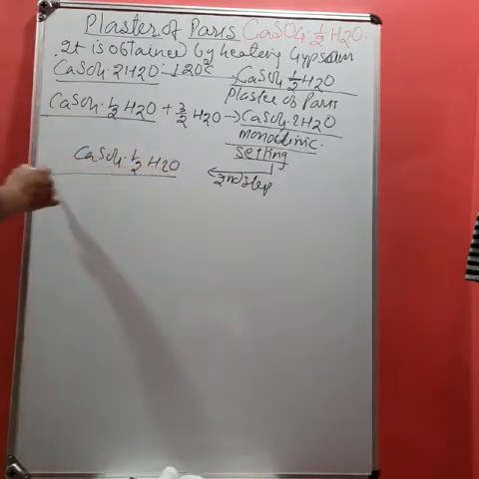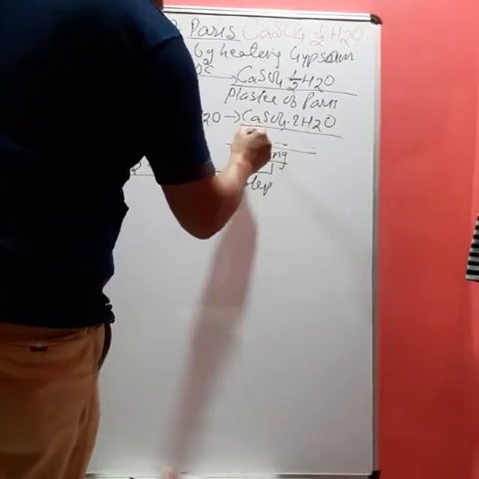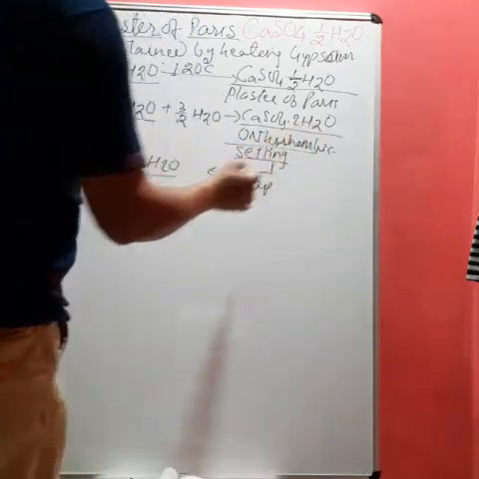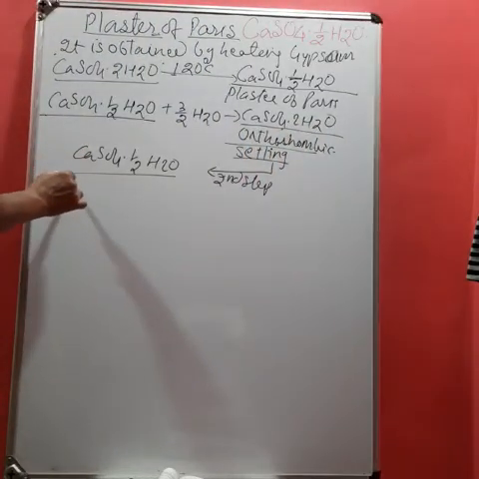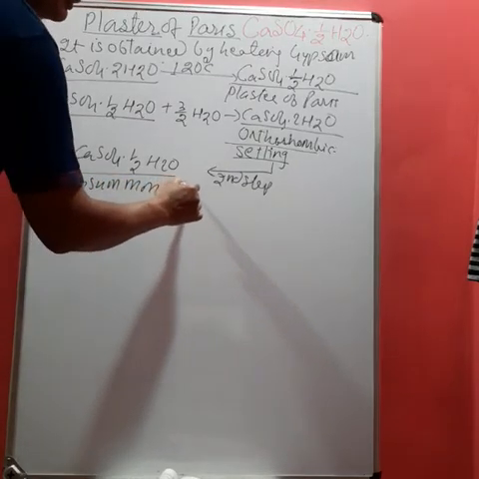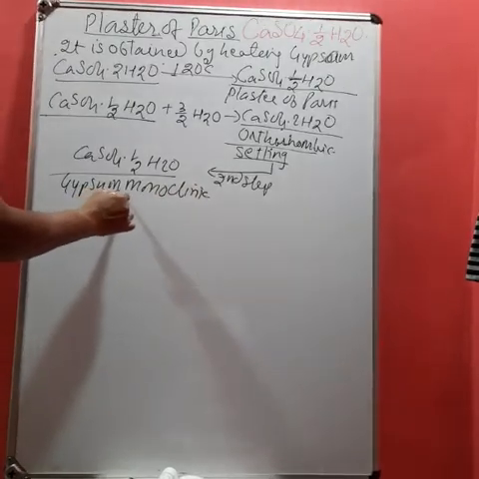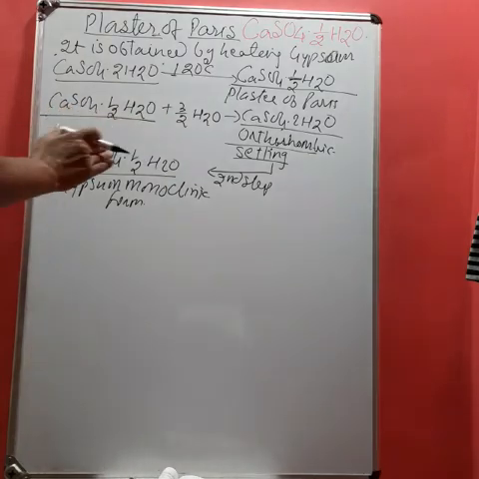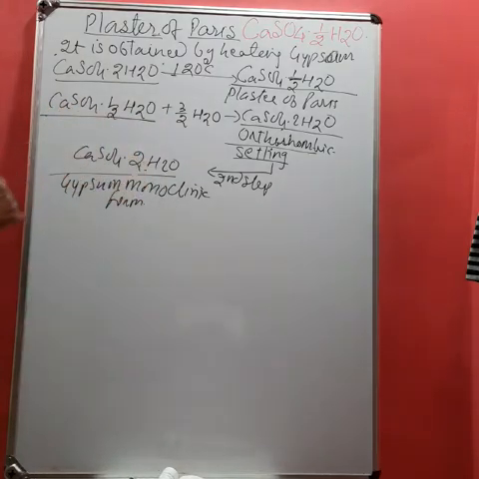That is now, it converts into orthorhombic form. First it converts into orthorhombic form and then it converts into gypsum, and what? Monoclinic form. Okay, and therefore in the two steps it converts again into what? Gypsum. Student, during the setting process and after the hardening process, it becomes too much hard and therefore it has